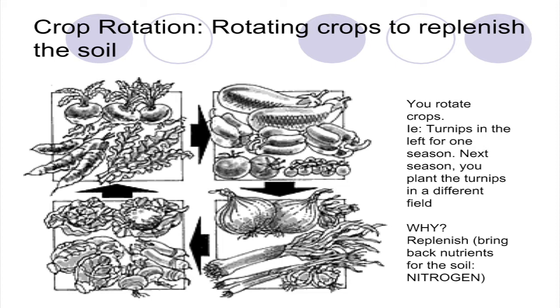In this case, you can see what's really important is something called nitrogen. In order for successful farming to take place, you need the nitrogen in the soil. And then you can grow things like onions, turnips, celery, carrots, tomatoes, potatoes. You cannot grow the same crop in one particular plot. If you do that, you will exhaust the soil, or you'll take all the nutrients out of it, and you will have a major problem.